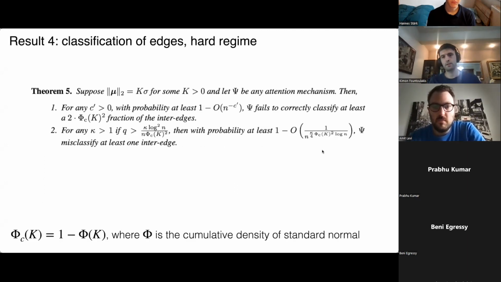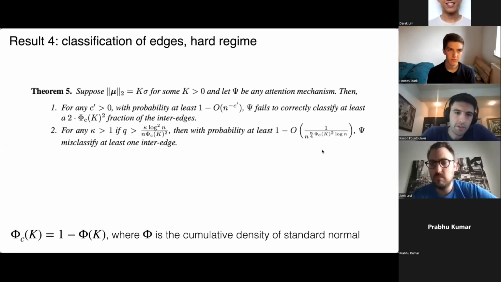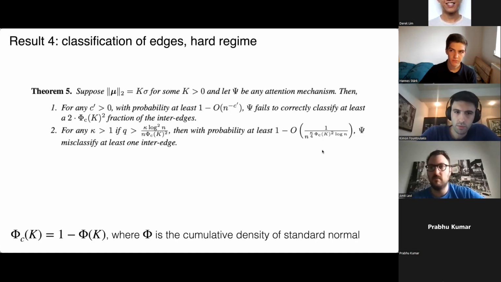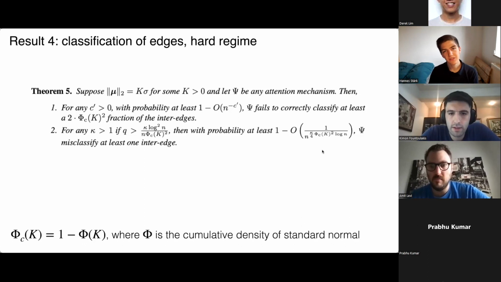Okay, so that's all about the easy regime. Now we go into the hard regime. Here things become a little bit more complicated. The hard regime means that the distance between the means, which is the norm of mu, is k times sigma, where k is some